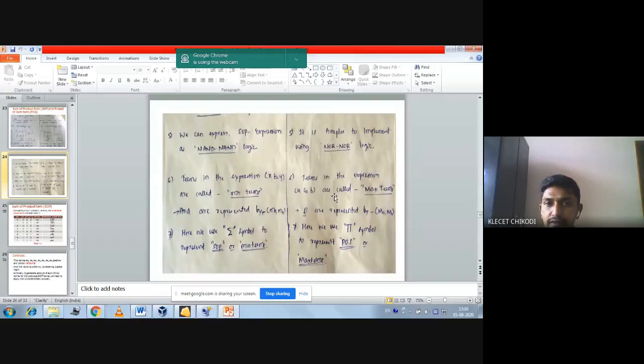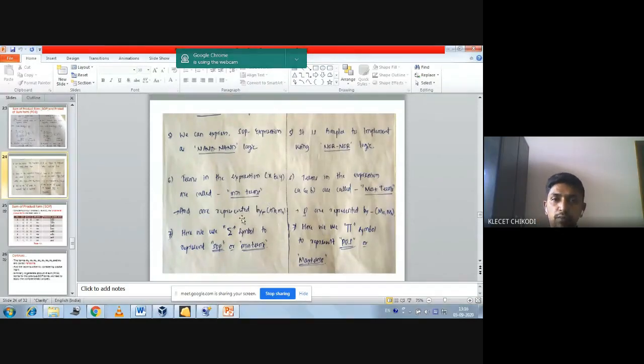You can see that the terms in the POS expression, small a and b, are called the max terms. And these min terms are represented by M0, M1 like that. We have to represent the min terms in small letters, that is small m0, m1, m2 like that. We will see how to write that small m in the next slide. And similarly for the max terms, we have to write capital M0, capital M1 like that.